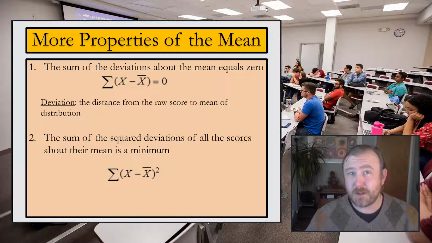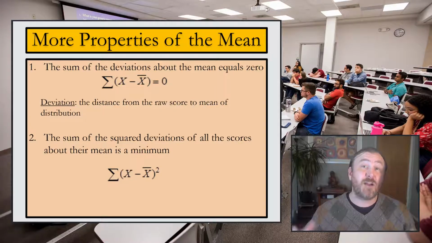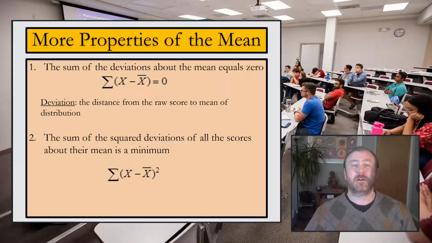This is a property of standard deviation. But the mean minimizes the sum of the squared deviations about the mean. So this is a property that makes the mean very useful for statistical procedures, because oftentimes,